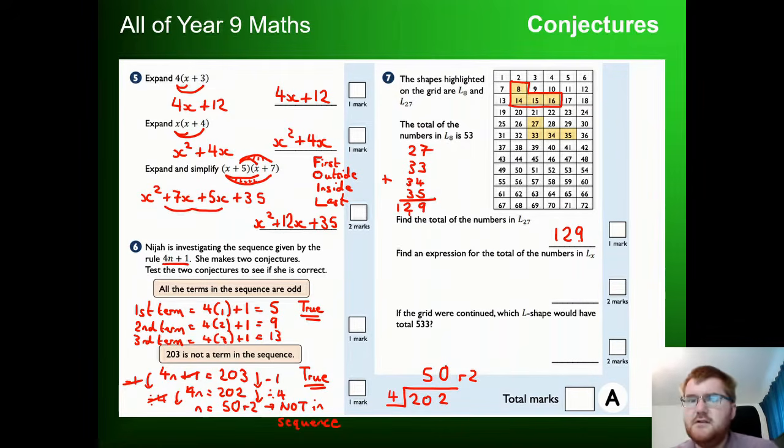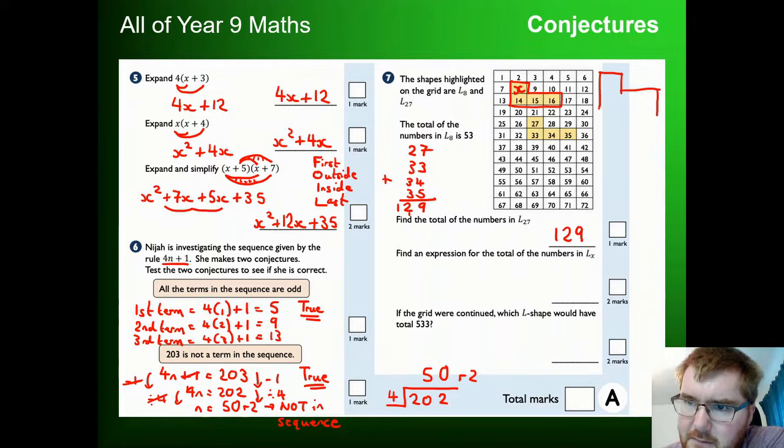So imagine this is x. So I'm going to overwrite this and put an x here instead. How is this related to this number? Well, what do I do to 8 to get to 14? Well, I add 6. What do I do to 27 to get to 33? I add 6. So essentially, we're going to get our general term. I'll try and draw out a nice diagram here,